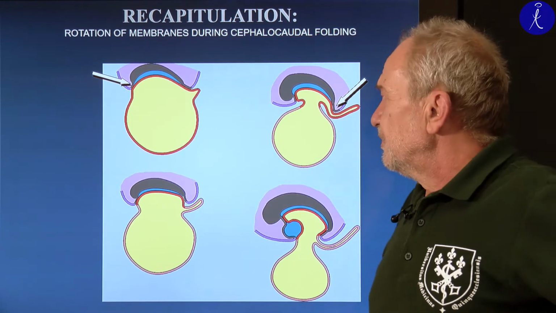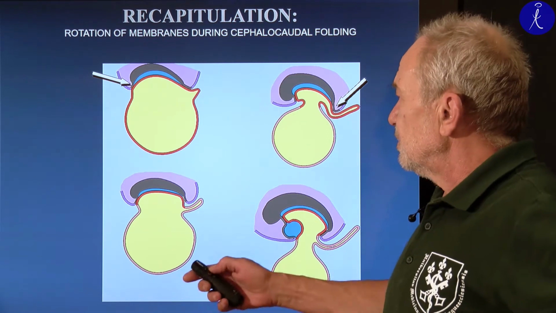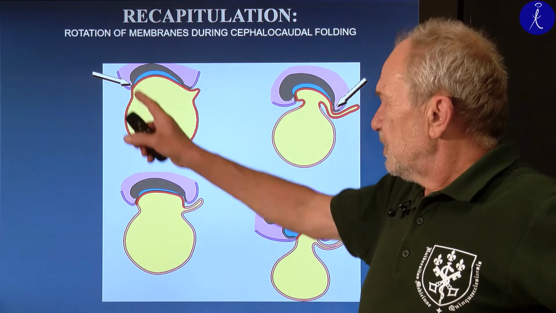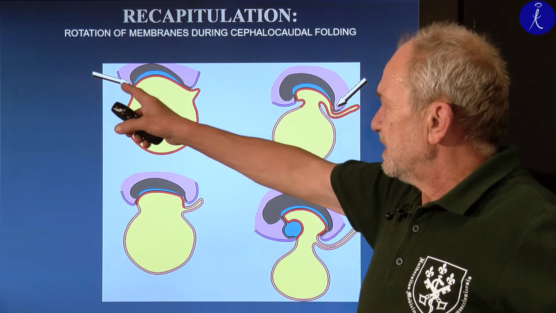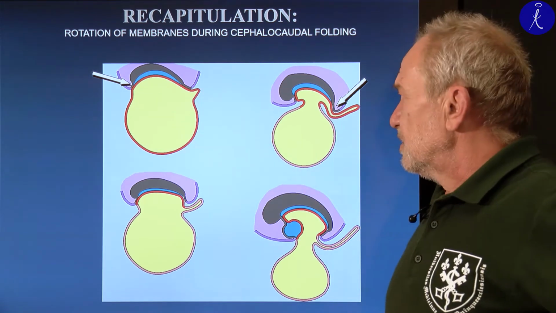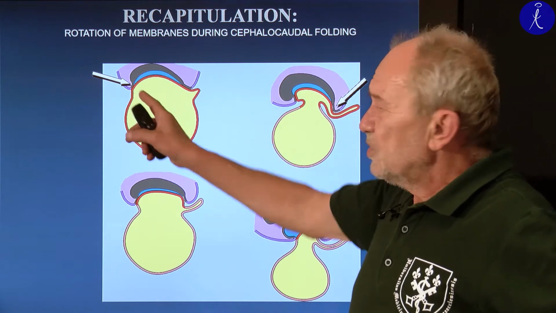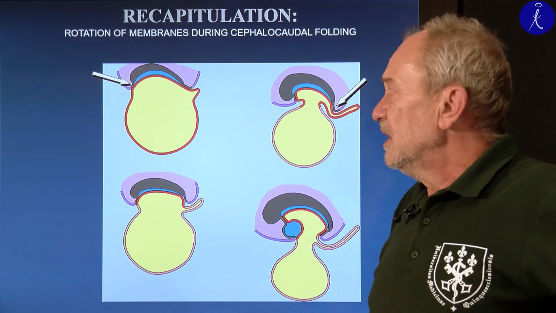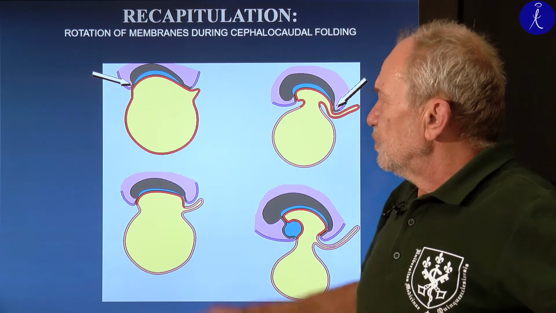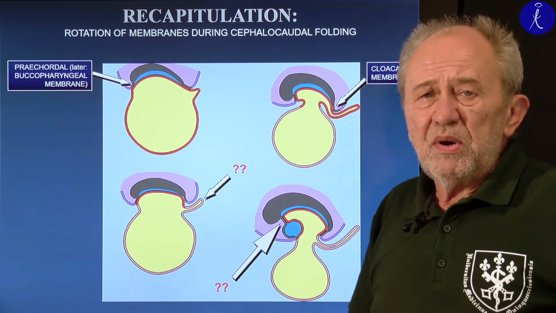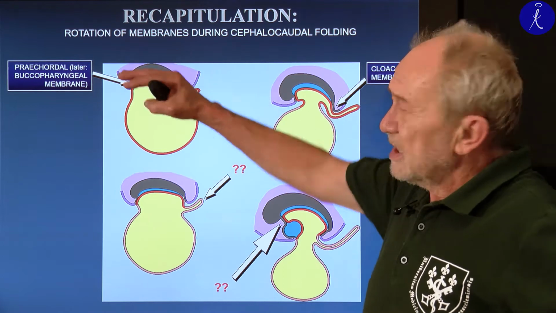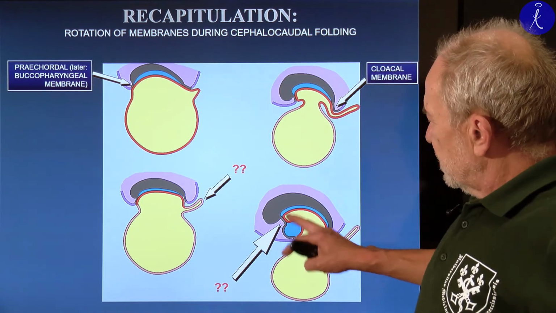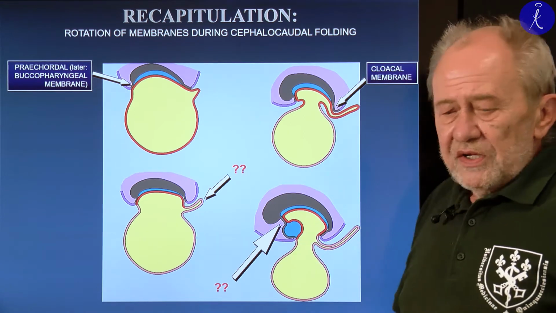As you remember, I cannot ask you, so I should give the clue to you. As you remember, there were two places, both at the anterior and the caudal part of the body, where there is no intervening mesoderm in between the ecto and endodermal layers. The one in front is the precaudal plate, at least at the beginning of the folding, it is called precaudal plate, and at the end, because it gets deep into